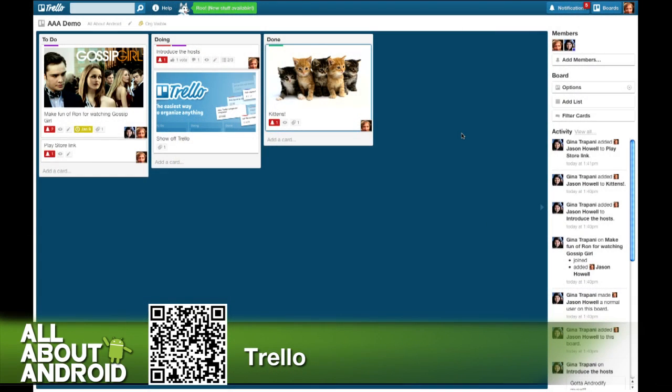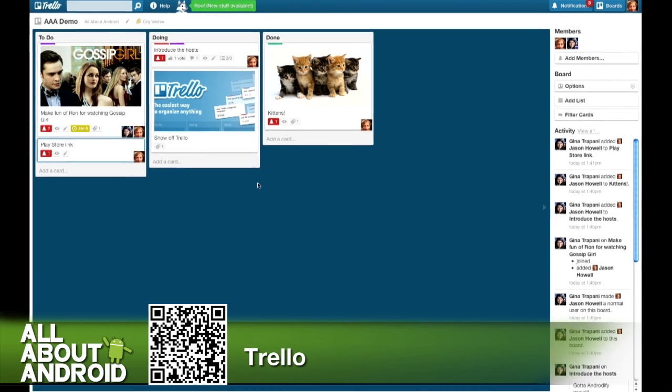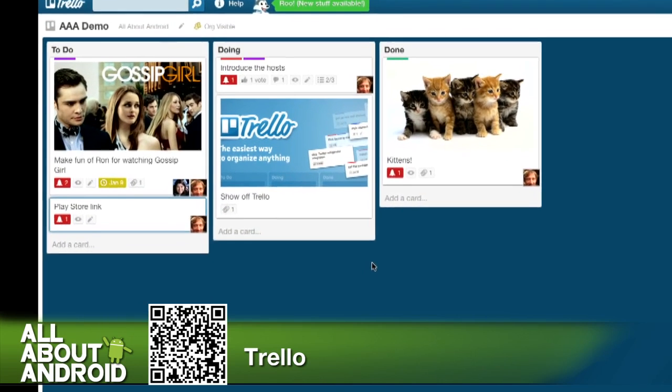You take each one of your cards and you can put it into any column. That's what the web app looks like, just like a whiteboard with columns of cards, and the mobile app looks the same. In each card, you can do all kinds of stuff. You can have conversations, you can embed files. So you see Jason showing on screen now, I set up an AA demo board, and in the to-do column,